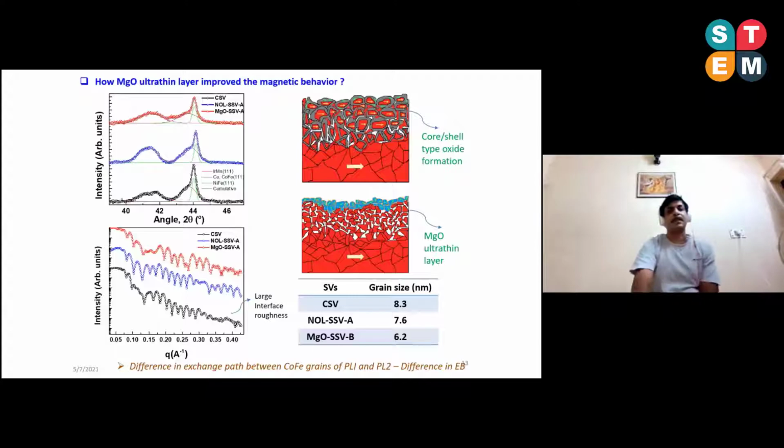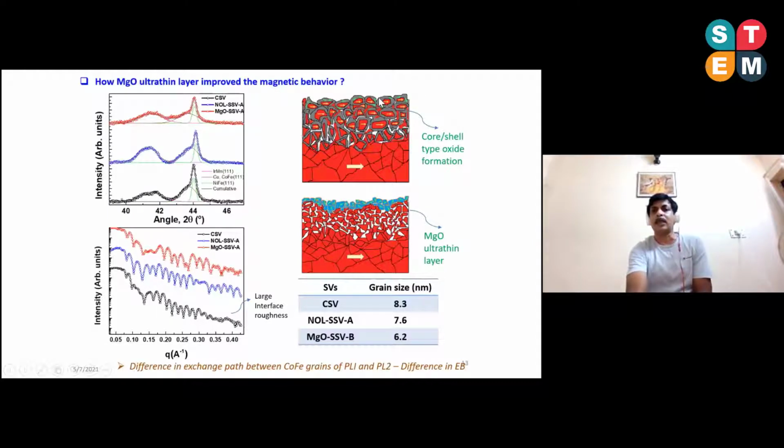Now, why such a low hysteresis in the case of MgO ultra thin layers? When you do an oxidation in any system, any thin films are not of high density, there are some kind of percolation paths. So when you expose this thin film under oxygen pressure, the oxygen atoms can penetrate these layers, because this is not like a bulk, it has some kind of cracks in thin films. So at the boundary, these films get oxidized.